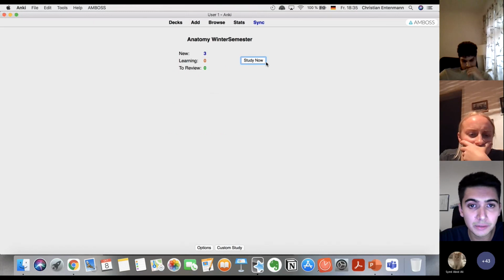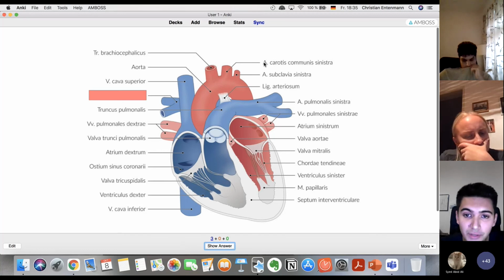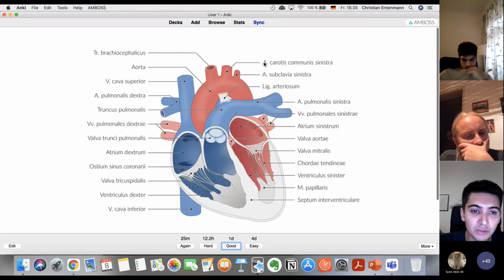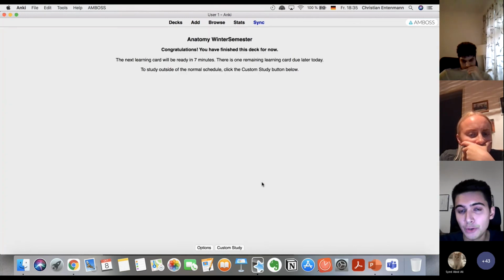Then you go onto your anatomy deck, and then you have the front card like that. And then you have to quiz yourself, what is the anatomical structure? You can see arteria pulmonalis dextra, that was it. And then you can tell if it was easy or not. Again. So this was the general idea of